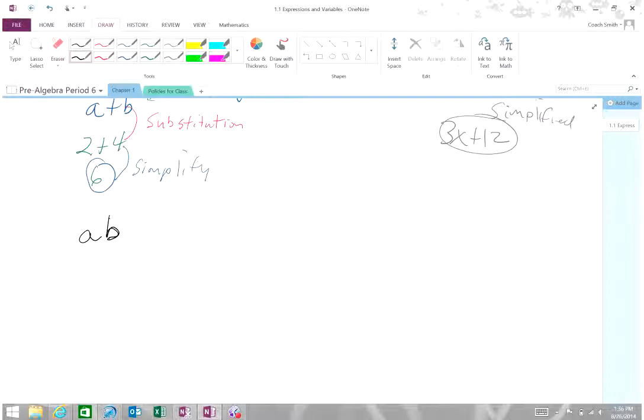Copeland? 8. That is correct. Now, here is why. The directions tell you to evaluate for the given value of the variable, or for the given values. So if I have A times B, if I substitute